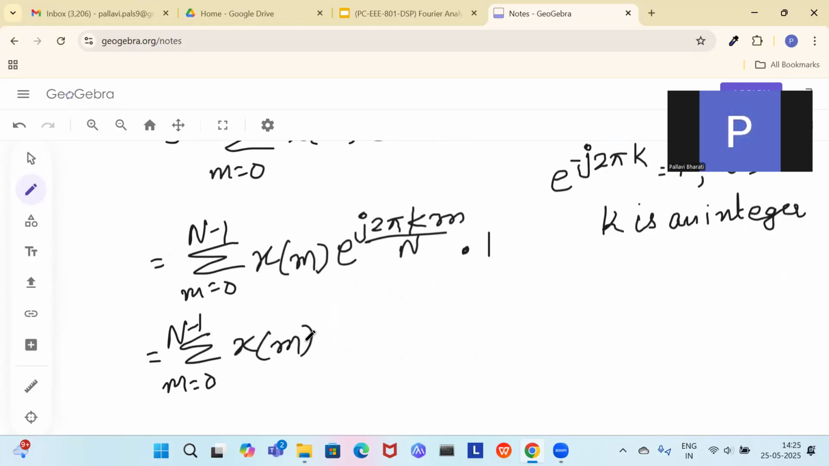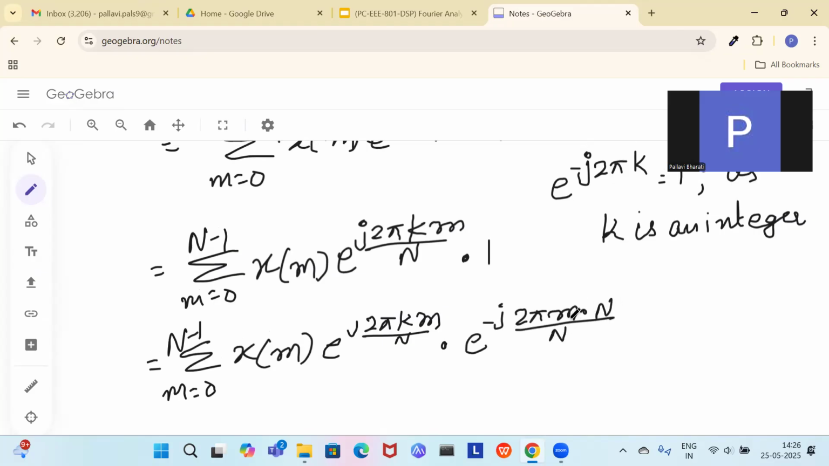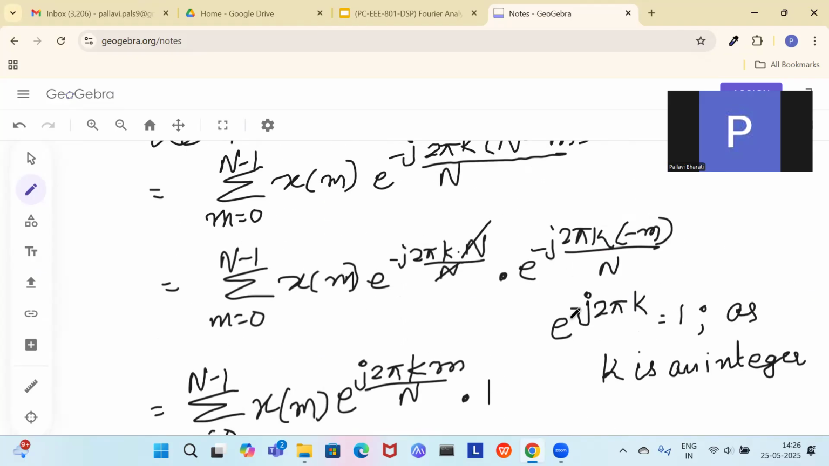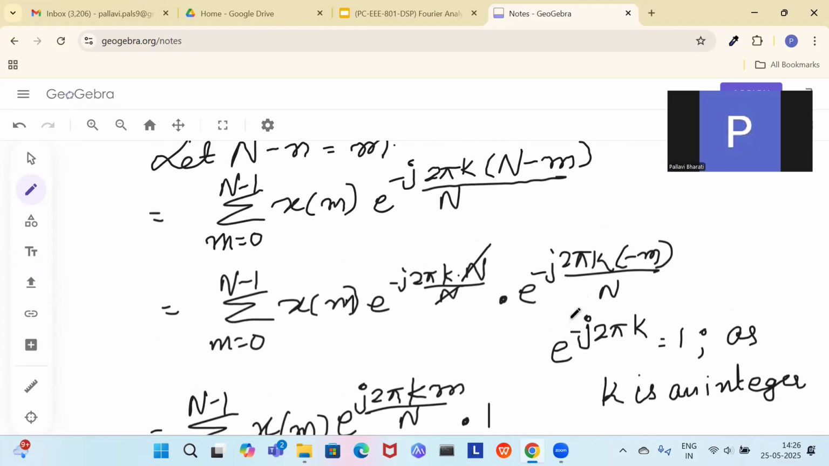This one is e to the power j 2 pi k m by n. And this one, we will write it as e to the power minus j 2 pi m into n by n. Now you will say, just go ahead up and see what was the problem over here, that we are having